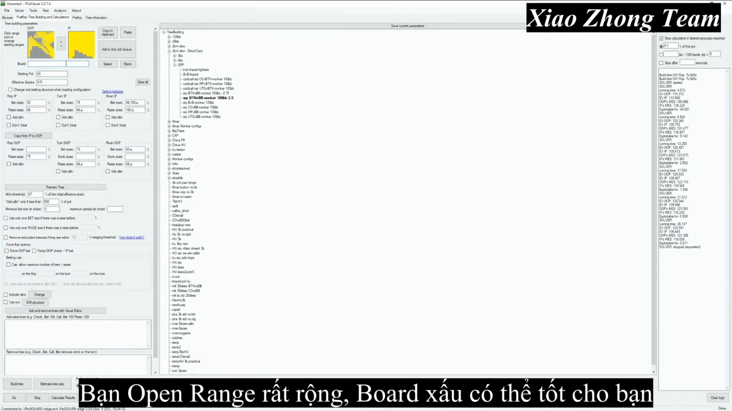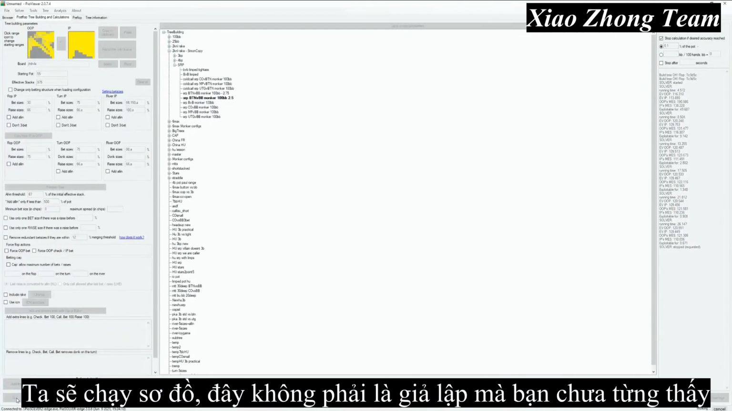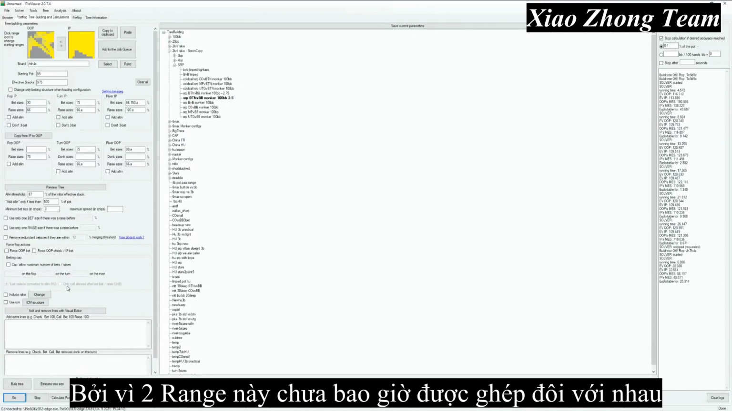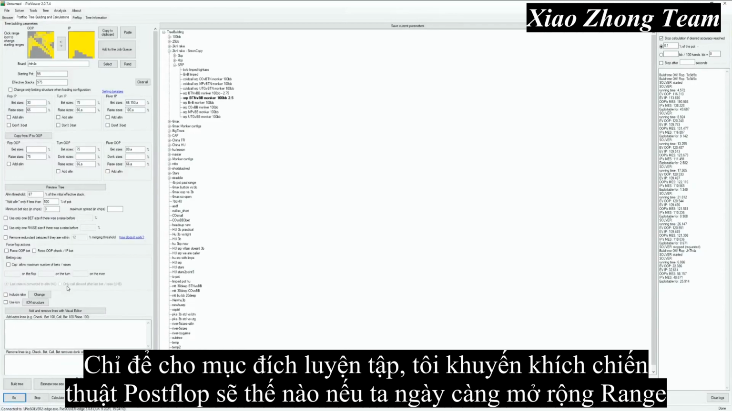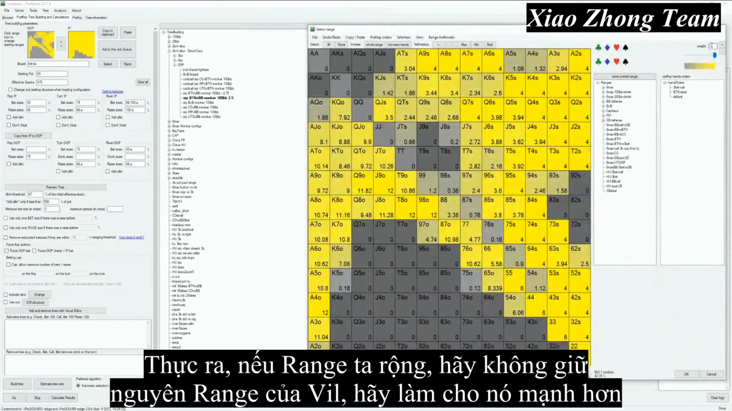So, you open this really wide range, and you get a board that is usually quite good for you. So Jack 10-4. We'll run the tree, and you guys need to think that this is not a sim you've ever seen, right? Because these two ranges never get paired together. So just to train your intuition, I would recommend guessing what post-flop strategy would look like if we widen and widen and widen our range, while keeping villain's range,